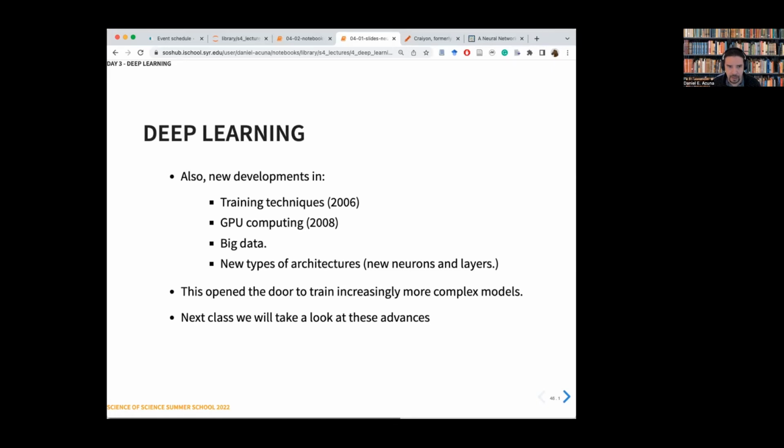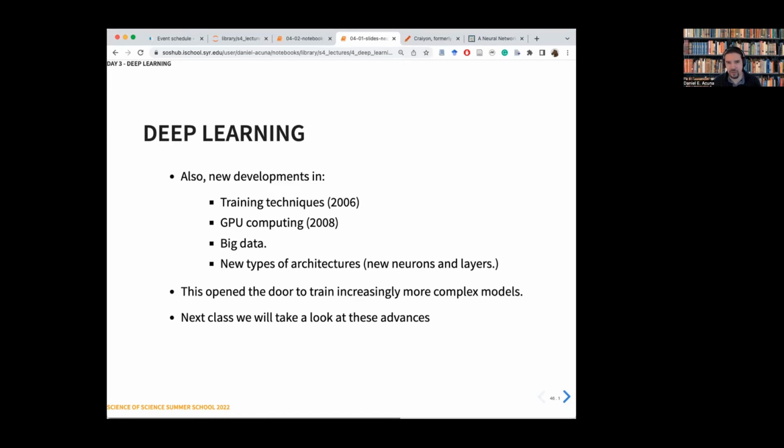Now, what I showed you before, this idea of perceptrons, of having neurons stacked in layers with not a lot of structure, works well and works everywhere, but you need a lot of data, a lot of computation, and a lot of parameters. Around 2012, well, before then, but I'm just going to mention the year in which deep learning became famous, even though the idea was introduced a couple of years before.